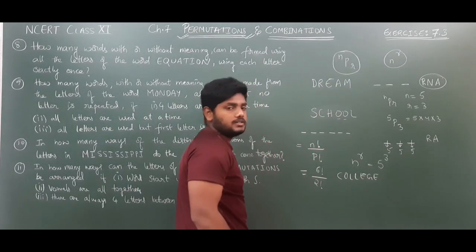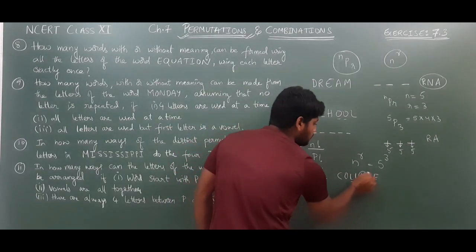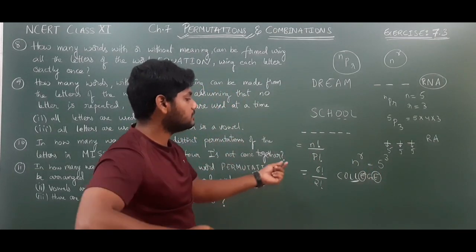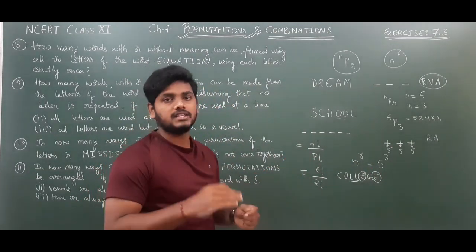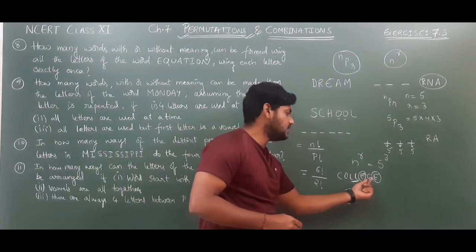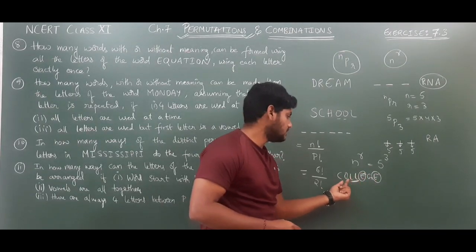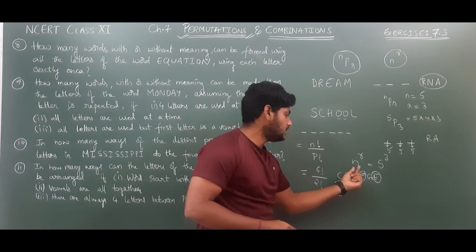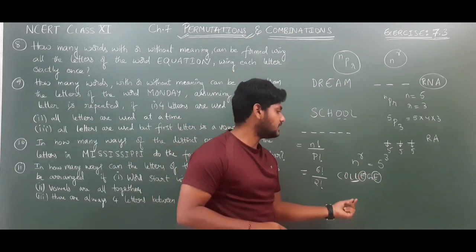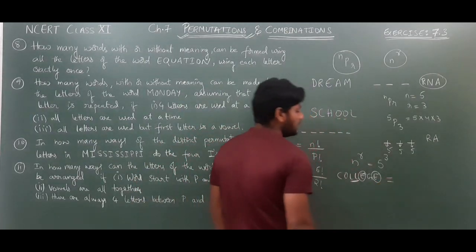If you take the word COLLEGE, L is repeated 2 times, right? And again E is repeated 2 times, right? Then we count the number of ways we can arrange that word, with or without meaning. With or without meaning means COLLEGE, COLLEEG, COEELLG, and so on. So by using these letters, how many ways can we form arrangements? We need to count how many letters are there.